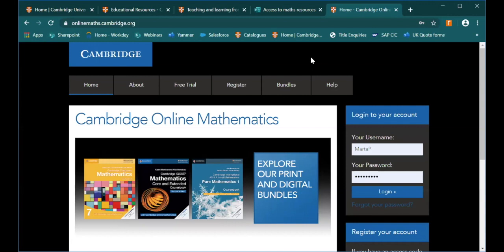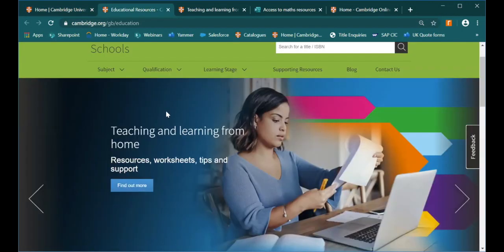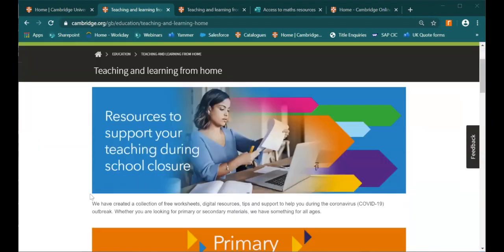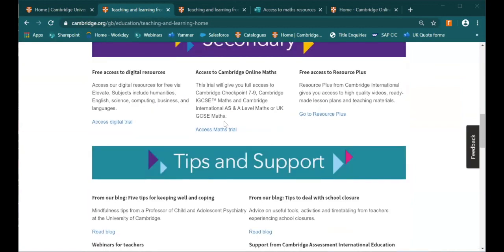We have recently extended our Cambridge Online Mathematics trials from 15 days to 90 days. So to access these extended trials, simply go to our homepage at cambridge.org, click through to our education section, locate our teaching and learning from home section, click through to find out more, while that loads, we'll just go ahead and click this through. On our teaching and learning from home section, scroll down to secondary, click Access Maths Trial, and you will be